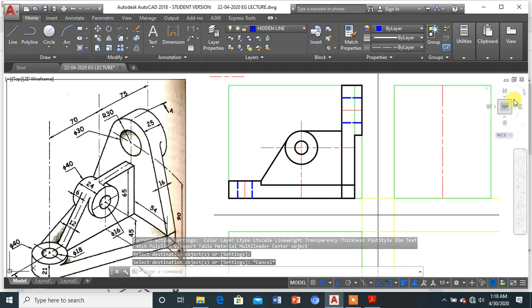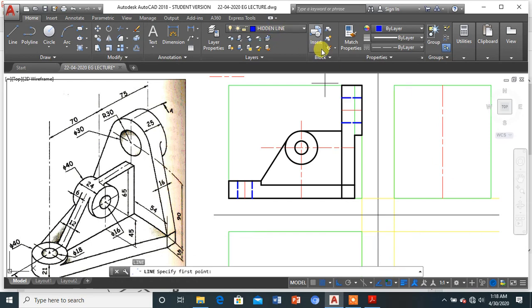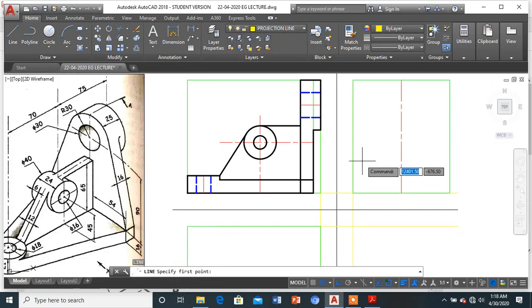Once I get this particular center line, I make it as it is. Okay, and now I can get all the projections from the front view for the side view. Whatever the projections are there, one by one, all the projections will be taken for the side view.